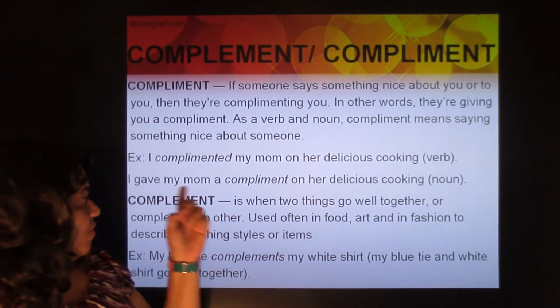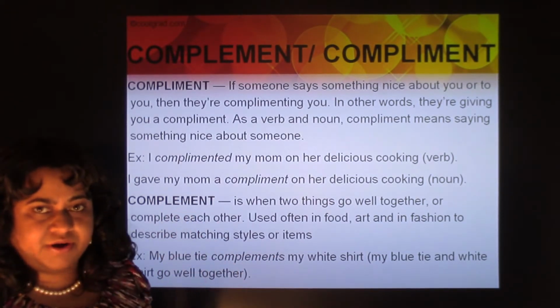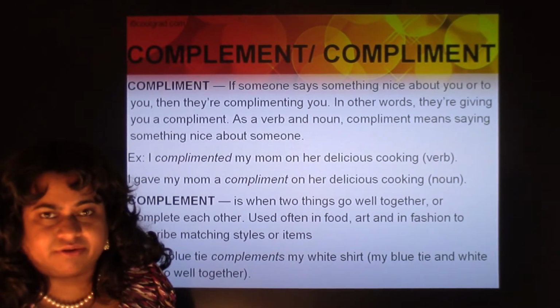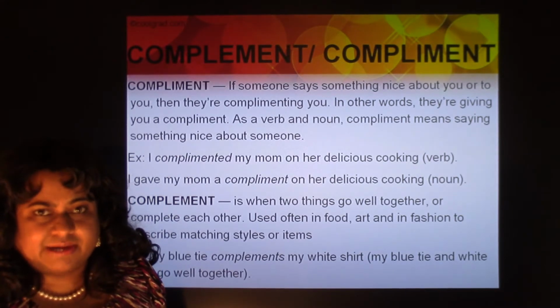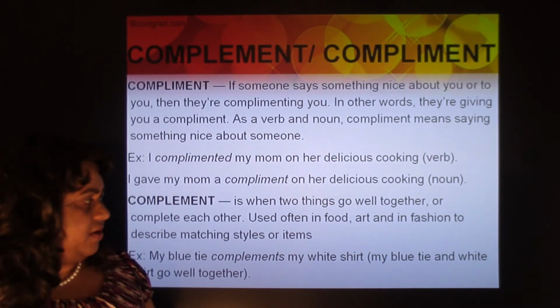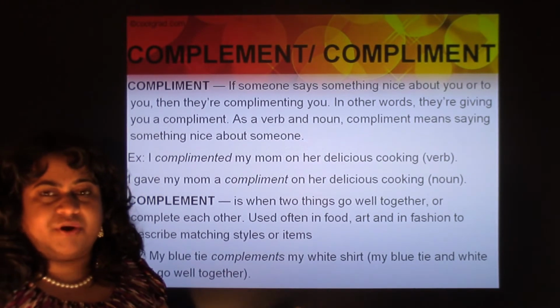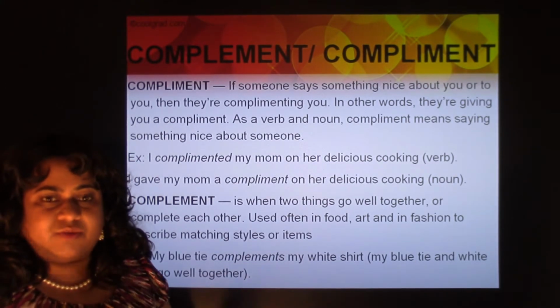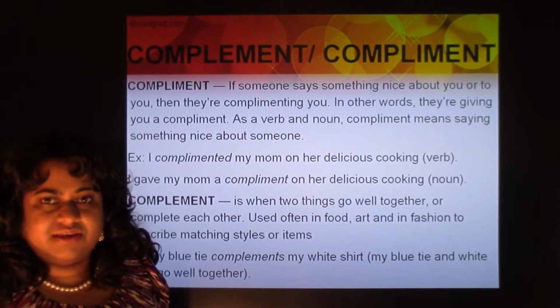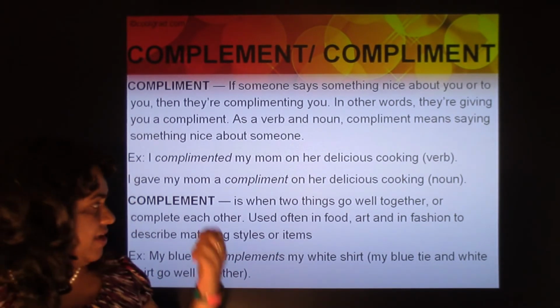That's a complement. So when you come across the complement with an E, remember it's usually about two things which go well with each other, which match each other. That's a complement. So the husband is a very outdoor person. He takes care of all the outdoor things. And the wife is a very good homemaker. She takes care of all the things at home, inside the house. So they complement each other, meaning